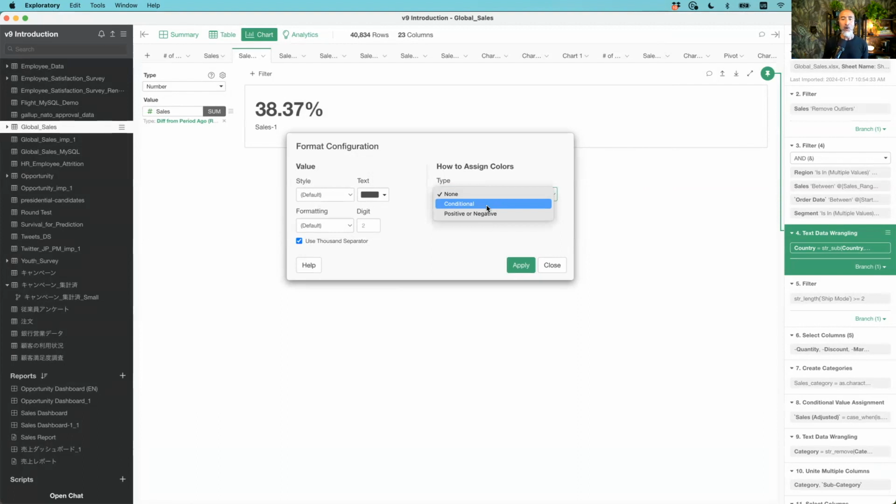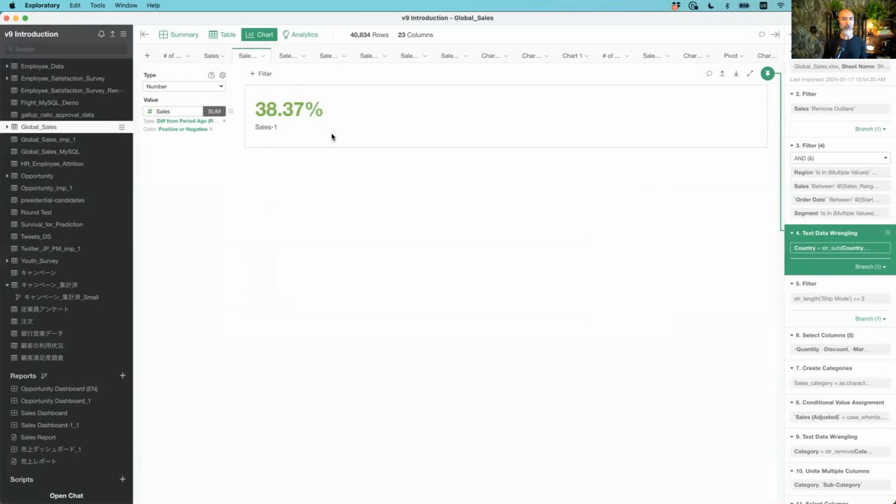Or you can use positive or negative, which is a super simple thing. If it's a positive increase, then green color; negative, meaning a decrease, with a red color. If I click on apply,